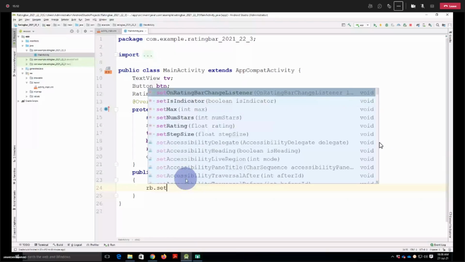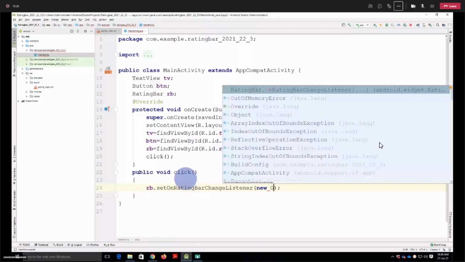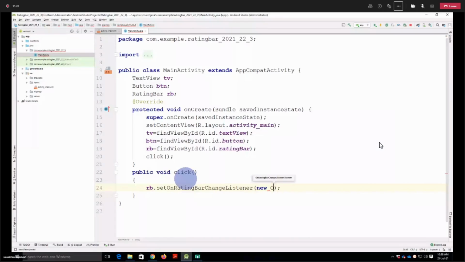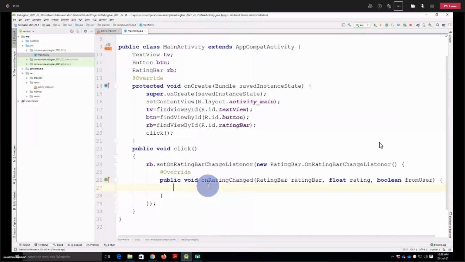Whenever there is some change in the rating bar, this listener will be called. And the same way as we did with on click, here again you need to write this OnRatingBarChangeListener. Once you do that, it will create one method automatically, that is onRatingChanged.